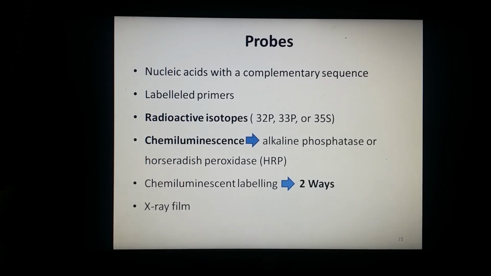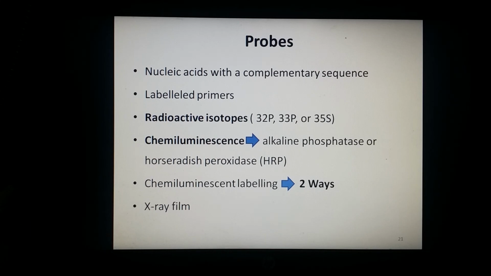Next you need the probes. Probes for Northern blotting are composed of nucleic acid with a sequence complementary to all, or you can say a part, of the RNA of interest. These probes can be DNA, RNA or oligonucleotides with a minimum of 25 complementary bases to the target sequence. Commonly, complementary DNA is created with labeled primers for the RNA sequences of interest, so that it can act as a probe in the northern blot.